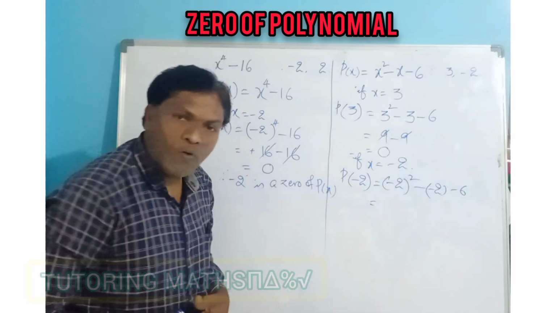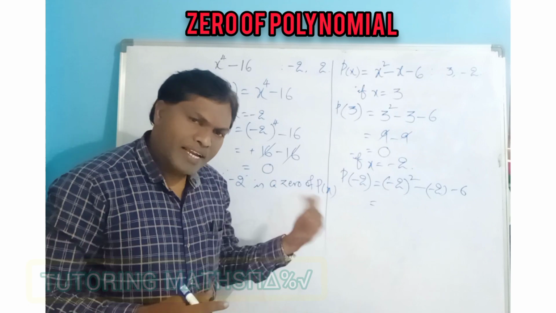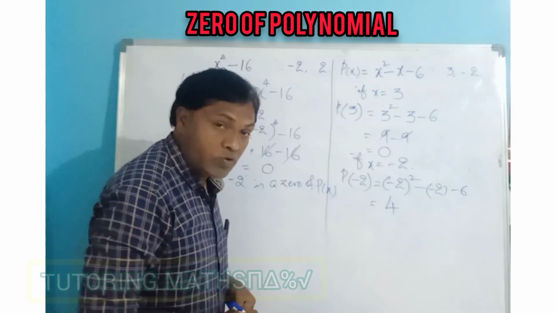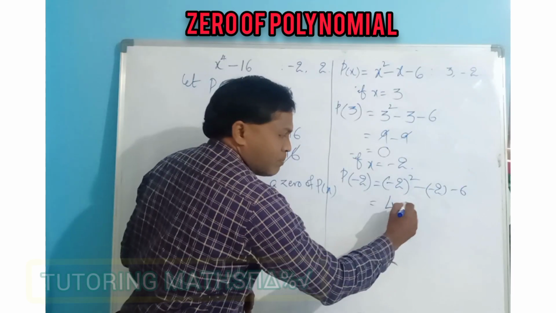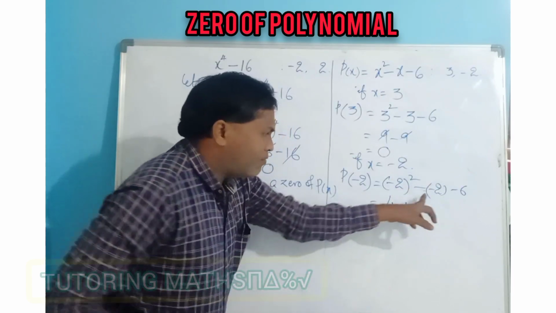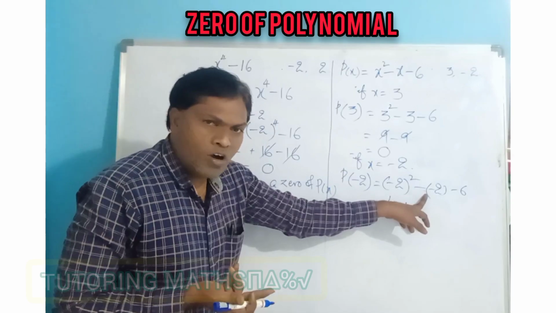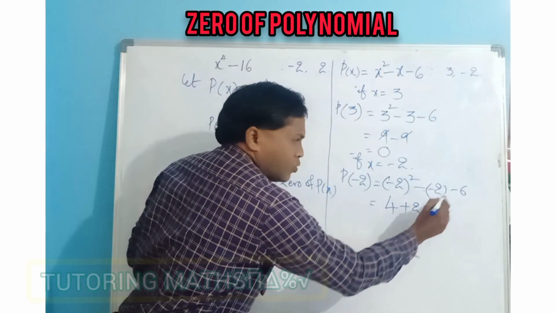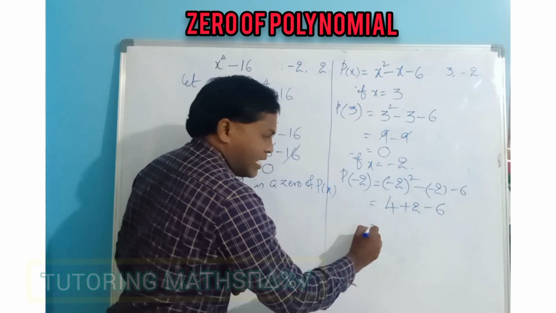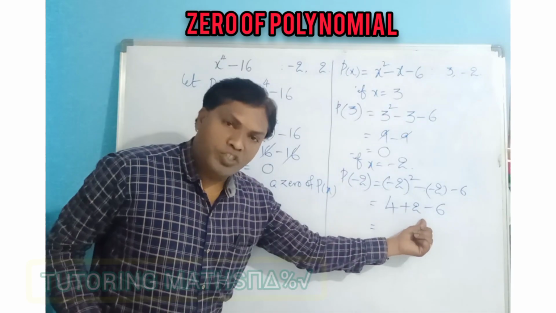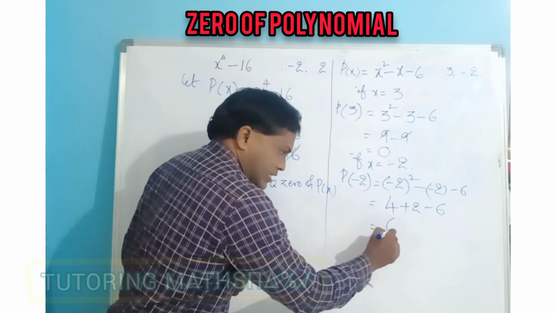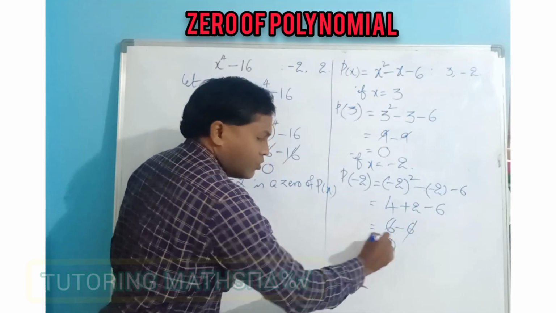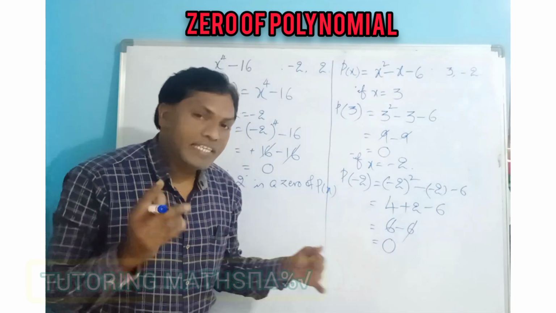Now (-2) square minus 2 into minus 2. 2 square, that is 2 into 2, 4, plus 4, and again minus into minus is plus. We have no constant number here, only 2 is left. So minus into minus plus 2 and minus 6. And finally 4 plus 2. What is 4 plus 2? 6. And minus 6. So both get cancelled. So we get 0. Yes.